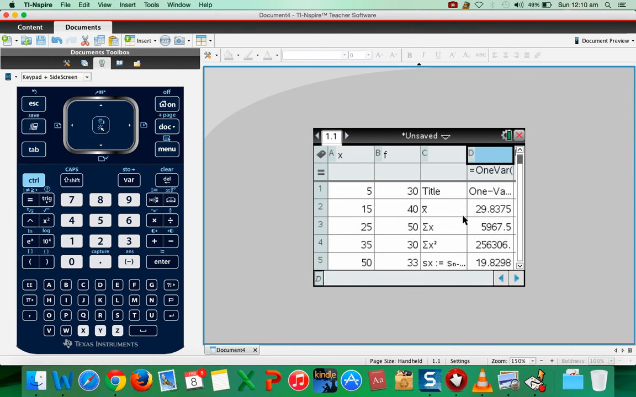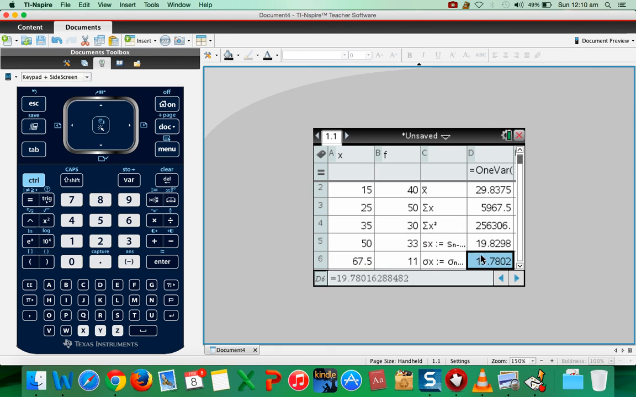So here the mean is 29.8. I think here the question is find the standard deviation. The answer is 19.8. Okay,